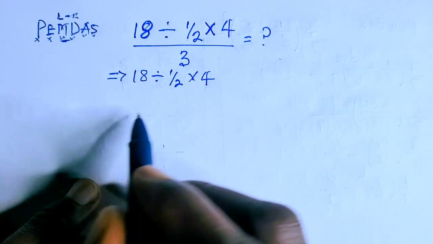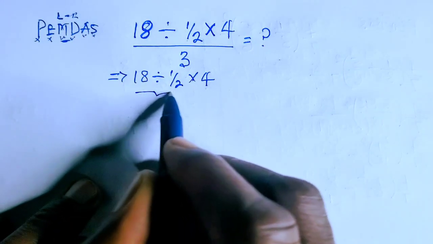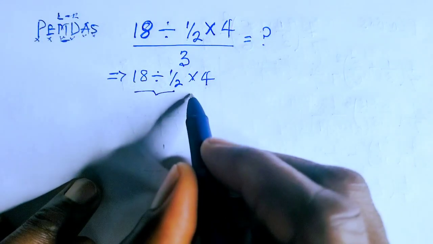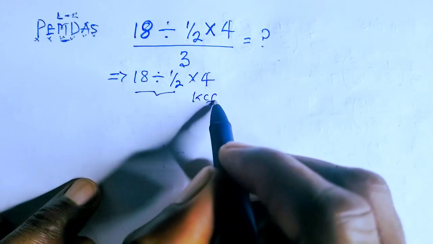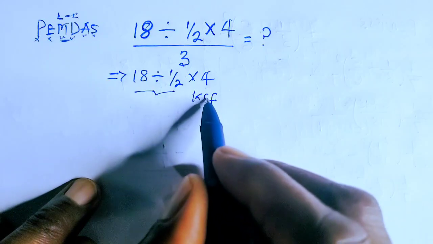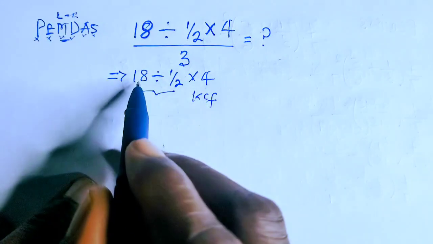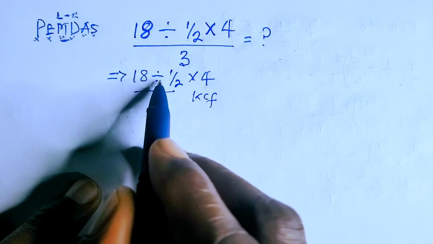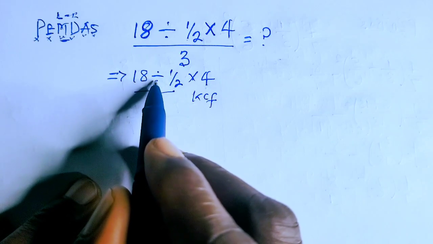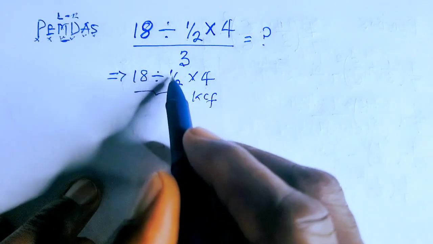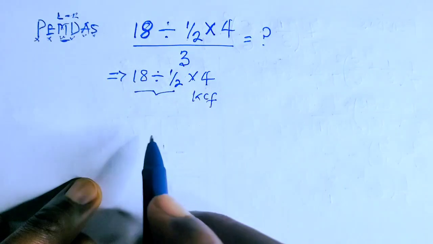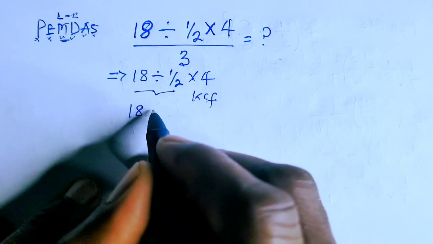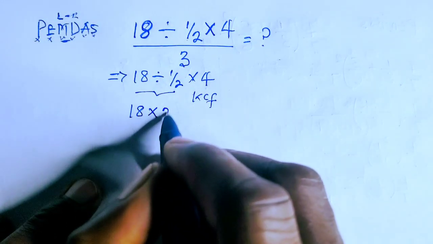Now at this point, we are going to consider this division here, but also in this case, we are going to apply KCF, which simply means keep, change, and flip. That is, we are going to keep 18, then we are going to change the sign, division, to multiplication, and we flip this fraction, which is 1 over 2. And if we do, we are going to have here 18 multiplied by 2